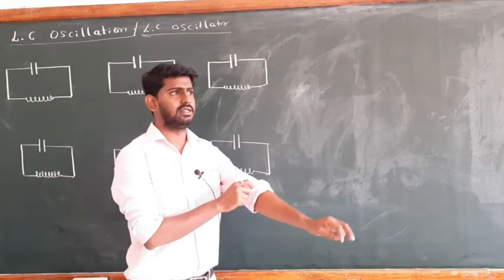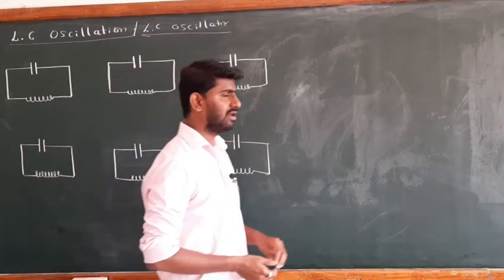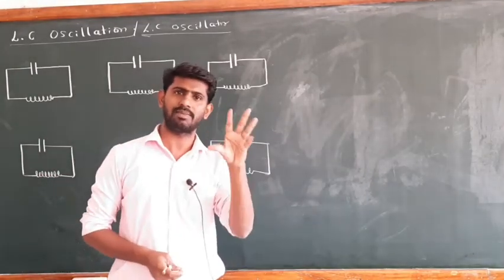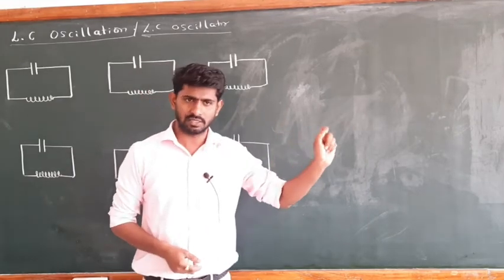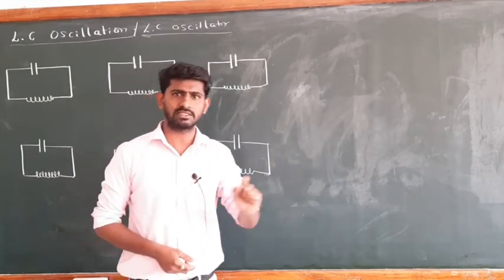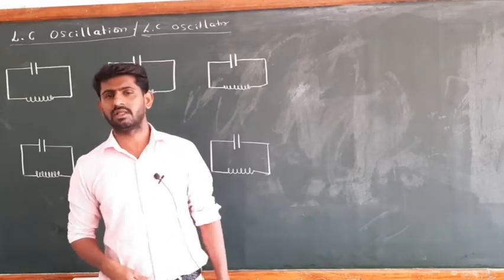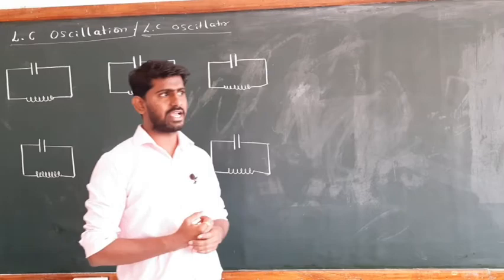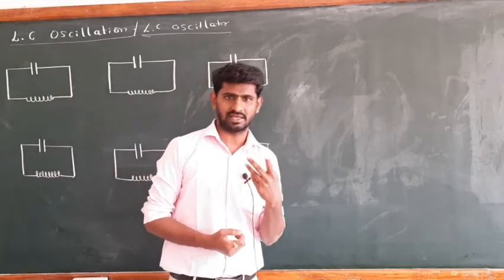Is it okay? So why do we use the word oscillator or oscillation? You have studied oscillation in mechanics, where there is a repeated motion, one path is called to, another path is called fro. To and fro, right? So this becomes the oscillation, and here there is no movement of any particle, in L and C.